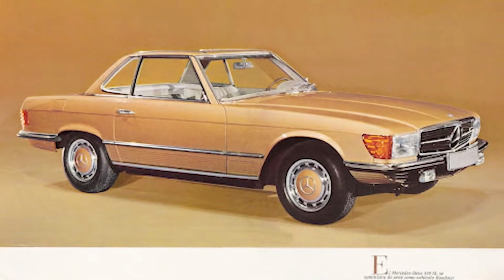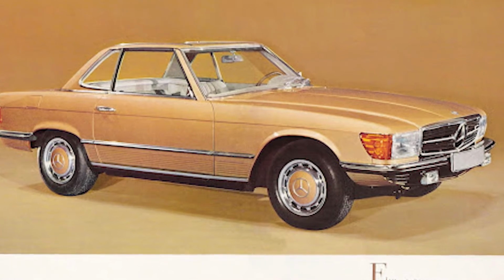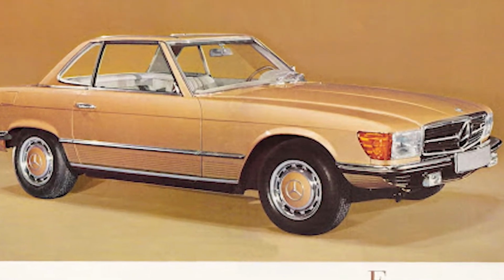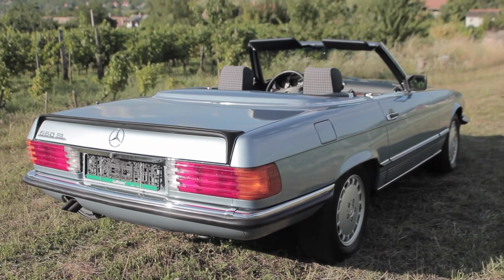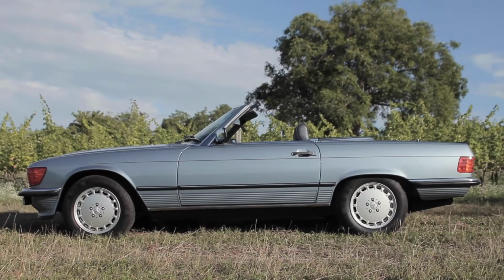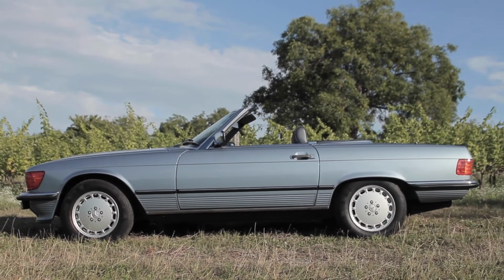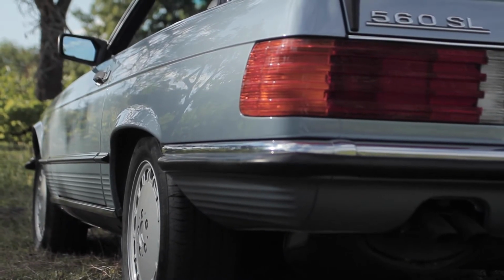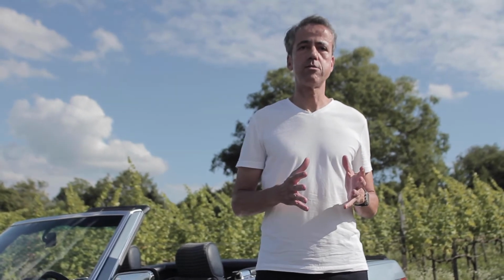Whereas the first cars had cast iron block engines and sluggish 3-speed automatic gearboxes, by the time our car was built, Mercedes turned to all aluminium engines and improved 4-speed auto gearboxes. These last cars even came with ABS brakes. The R107 was offered with a wide range of engines, from a 2.8 litre straight 6 all the way to this 5.6 litre V8. The 560 SL came out on the market in 1986 and was offered for North America,